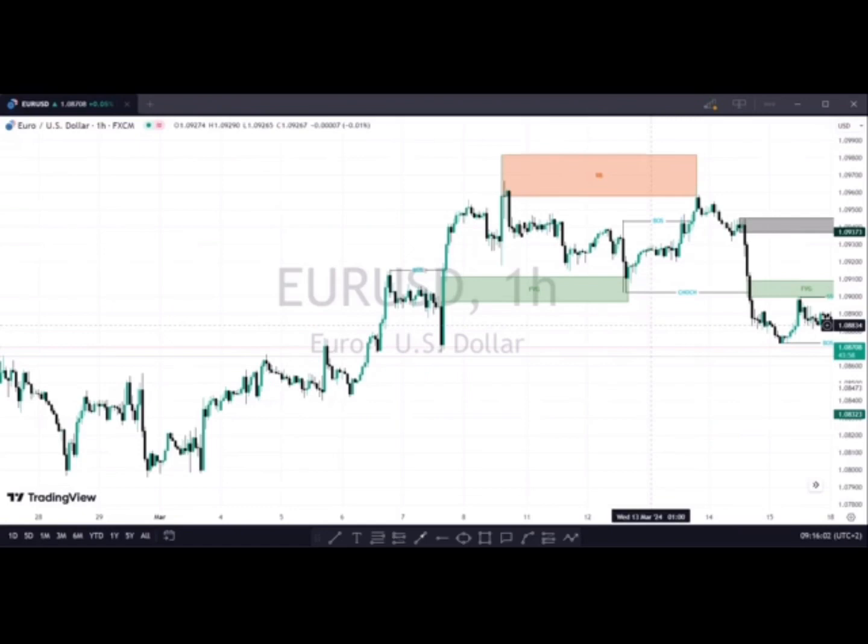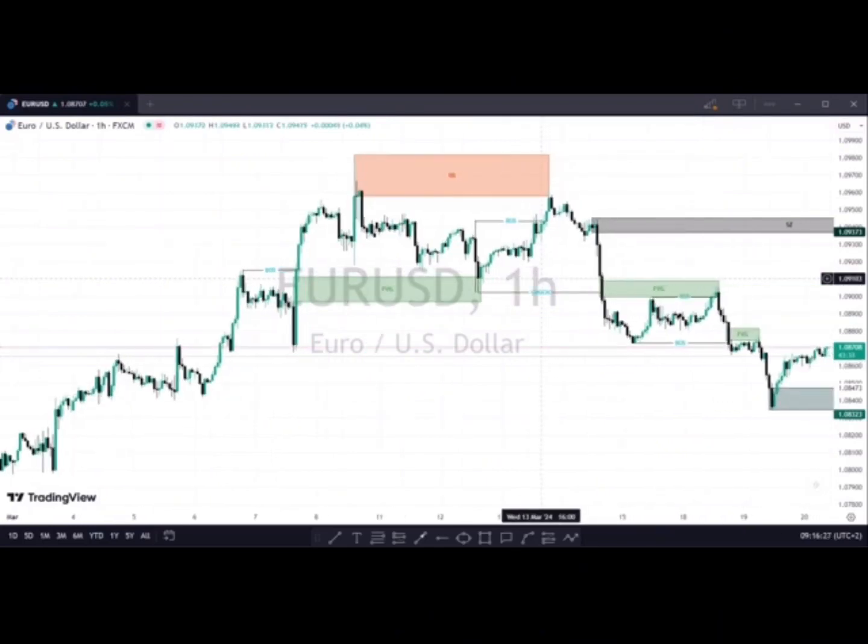Now, this fair value gap drove price to the upside and initially broke this and mitigated the rejection block here. Now let me just drag the chart. After the rejection block mitigation,